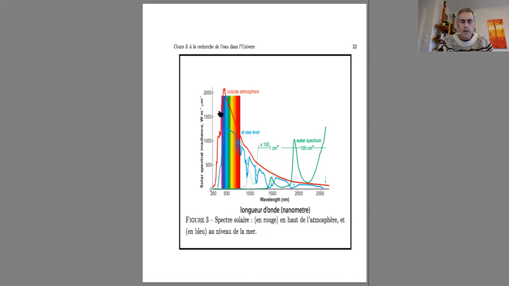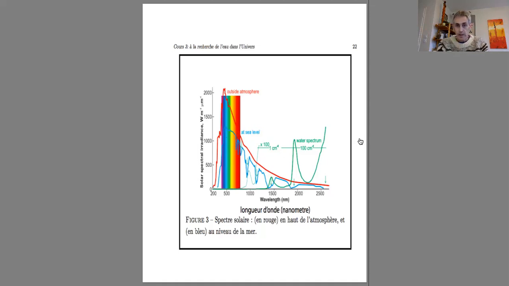Anyways, this light at the top of the atmosphere is then transmitted through the atmosphere and partially absorbed. So the result of the spectrum measured at sea level, here in blue, is this line here, and it's lower because of the absorption and scattering in the atmosphere. And I guess my key point is that if we go out here into the infrared, we see strong absorption bands throughout the infrared and microwave band here.